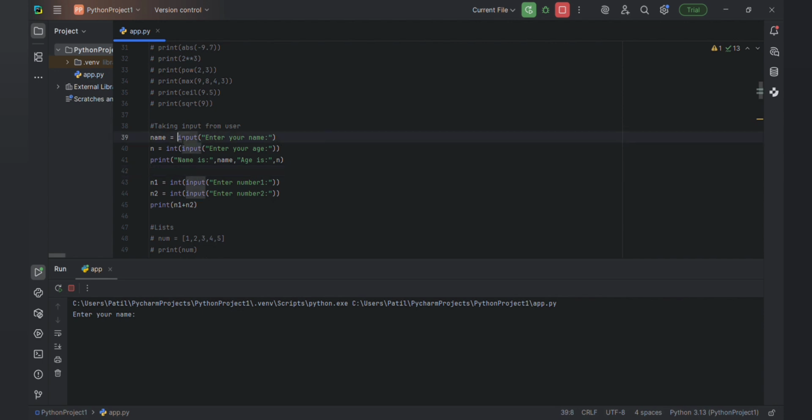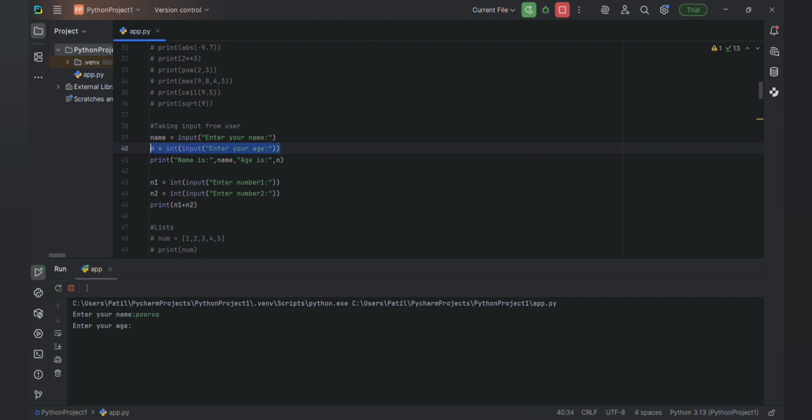In Python, you have to use the function input to take the input. What happens is, whatever you type gets stored in this variable. When it asks to enter your name, I will enter Purva. So Purva is stored in the name variable.